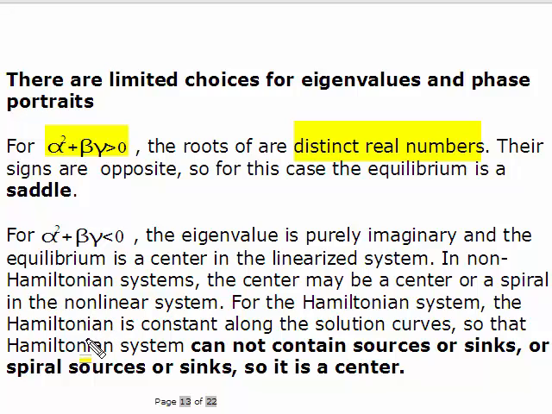Okay, so in this case, you're going to get a saddle. They're distinct real numbers, all right, but they're already fixed. Alpha, beta, and gamma are already fixed. There's not going to be a change in those, so you're going to get plus and minus, therefore you're going to get a saddle. If it's less than 0, you end up with a purely imaginary